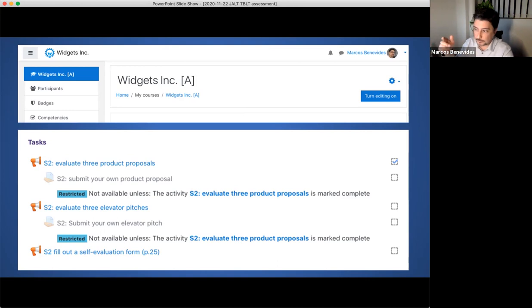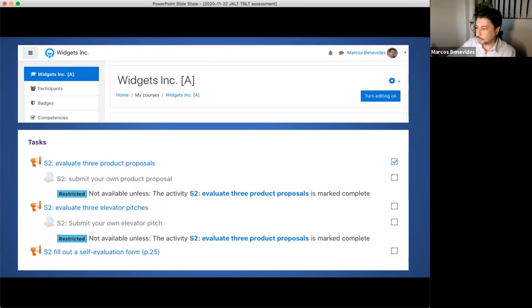And so for this particular course that they are doing, where they have to do an elevator pitch, what I did is I set up on Moodle some example elevator pitches, just like we saw. And essentially what we're doing now, by the way, is rater reliability, right? This is what rater reliability training looks like. What I've done is set it up so students can do it as well.